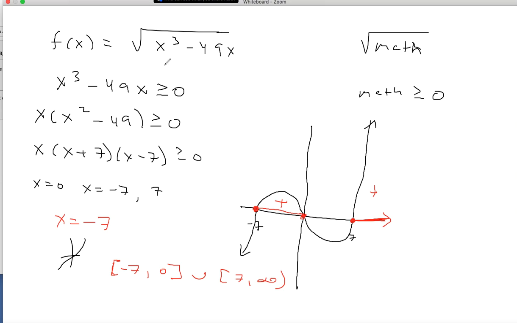But for these problems where it's a root, remember the stuff under the root has to be greater than or equal to 0, and that gets you back to the topic of this section, which is solving polynomial and rational